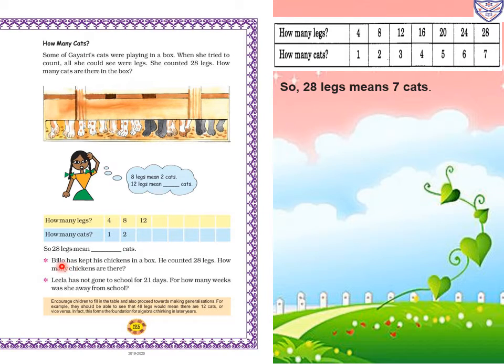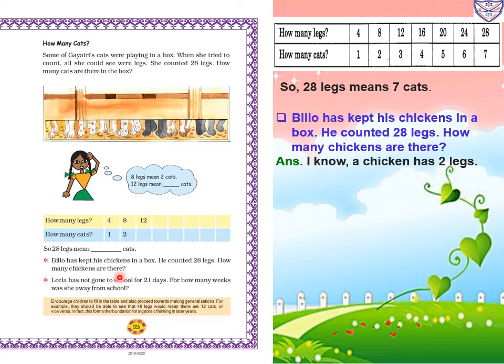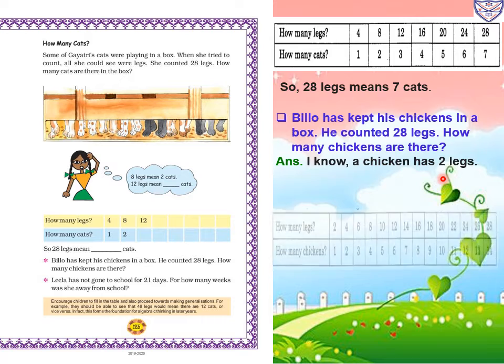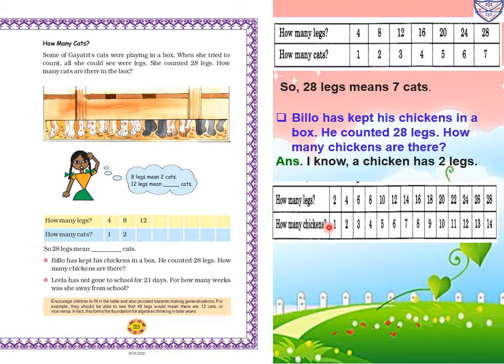Now next question. Billu has kept his chickens in a box. He counted 28 legs. How many chickens are there? So we know chicken has how many legs? Yes, 2 legs. So one chicken has 2 legs, then 2 chickens 4, then for 3 chickens that is